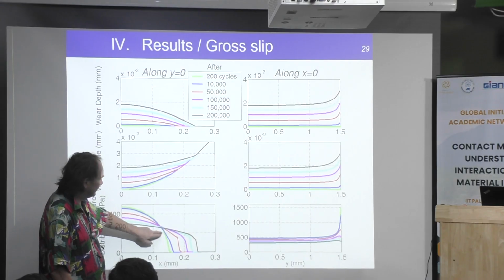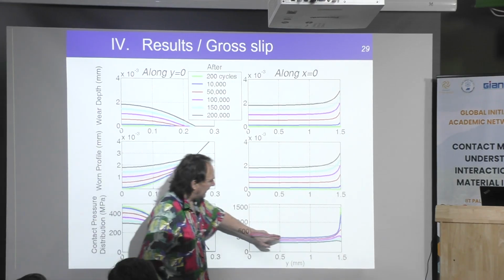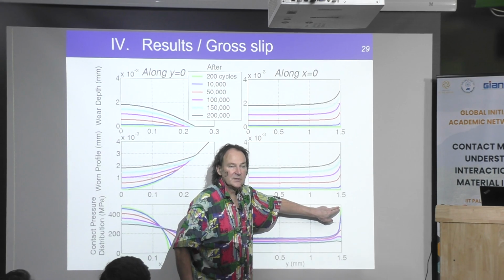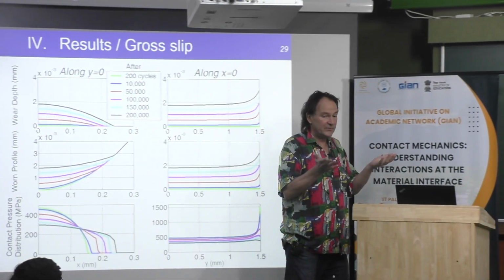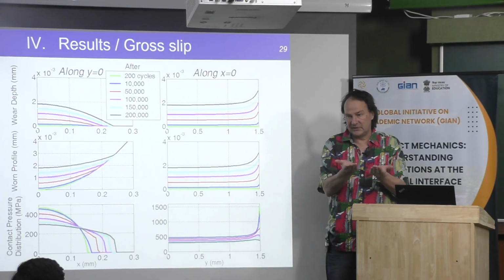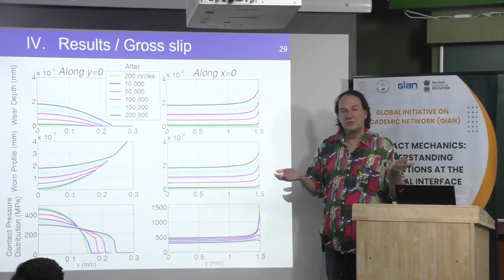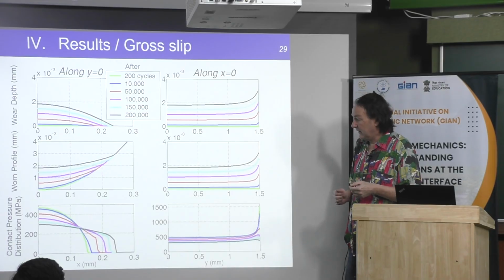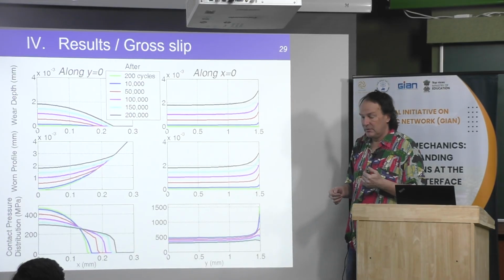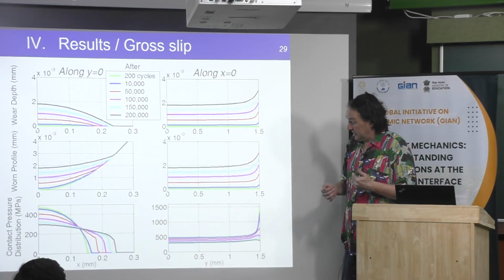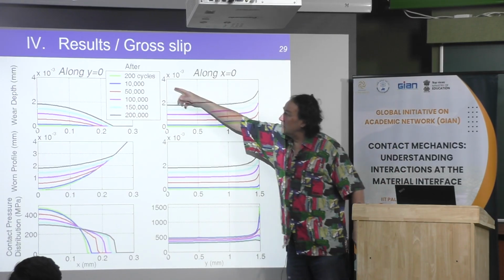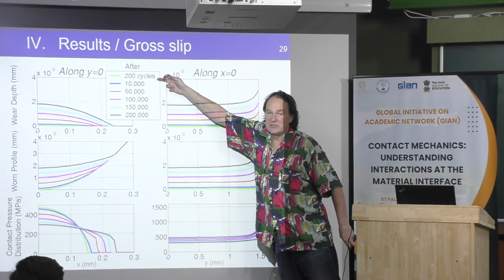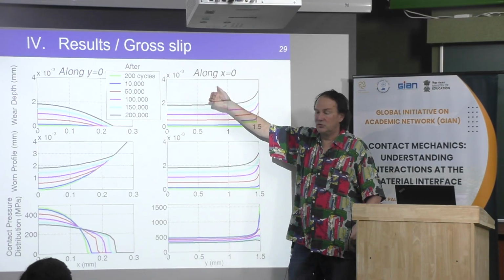This is the initial geometry. You have a very high peak of pressure. This is why I said that you should absolutely manage to modify the extremity of the cylinder. If it is straight, you will have a peak of pressure and the life will be very, very short. But now, if you add some wear, what will happen? First, you can observe that it depends on the number of cycles. This is after 200 cycles, it's almost the same as the initial geometry.